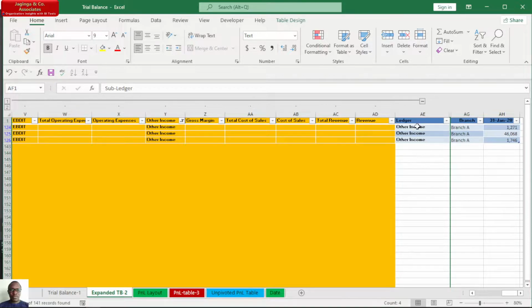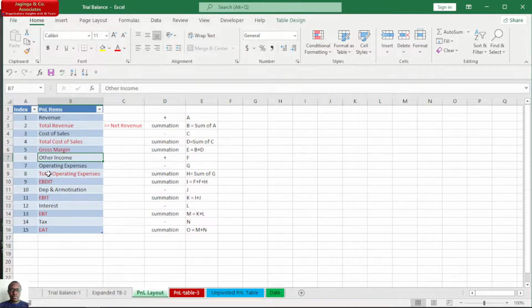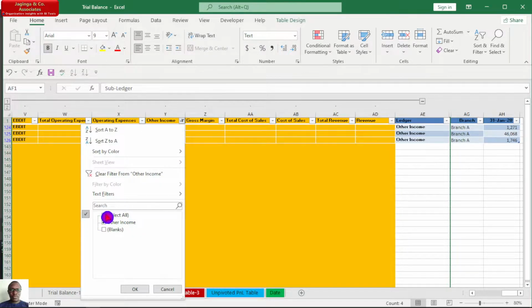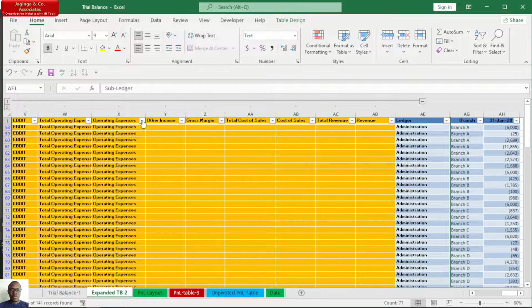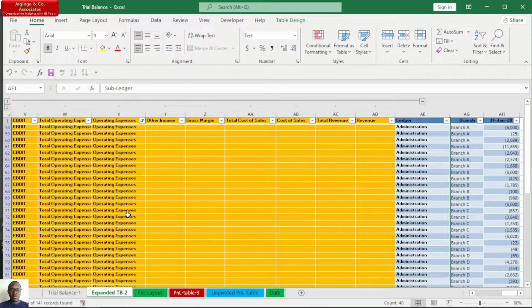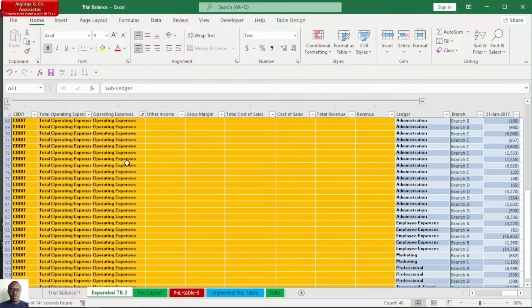So when you check on this column, we only have other income as the ledger items. So the next index will be operating expense, and that one is also here. So here we'll just pick only operating expenses in this column. So when I choose operating expenses as a column here, you can see what we have as ledger items are